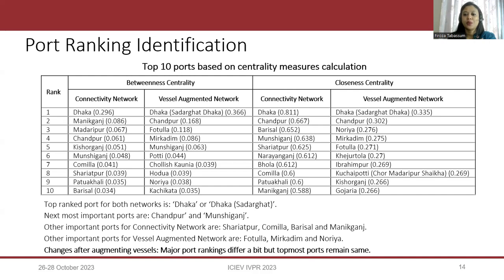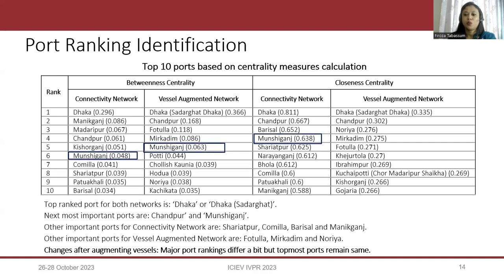Our next topic is network port ranking. We have calculated 2 centrality measures, betweenness and closeness, to identify important ports in the network. This table shows the top 10 ports based on the centrality measure calculations. We can see Dhaka, or Dhaka Sadarghat port, is ranked first in both cases with the highest centrality values. The second most important port can be said to be Chandpur, and then Munshiganj, as both these ports can be found in the